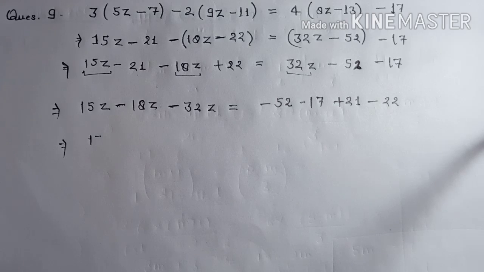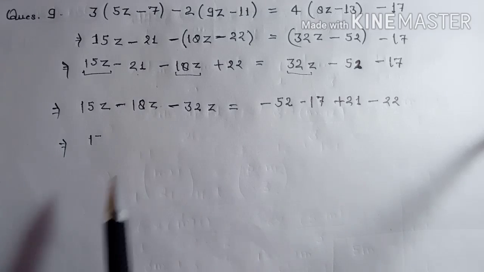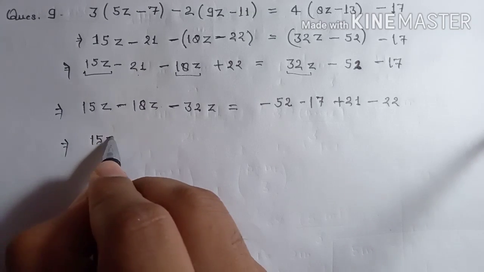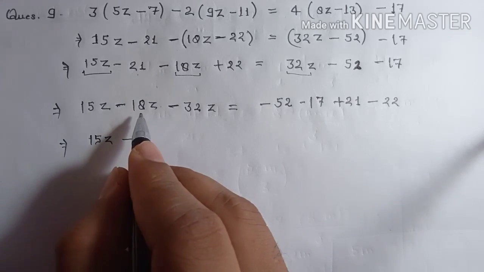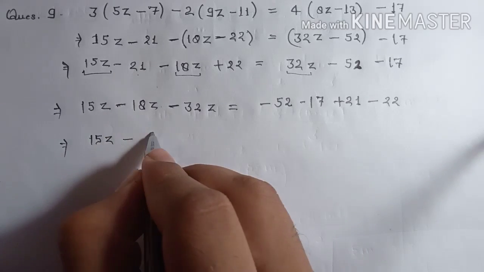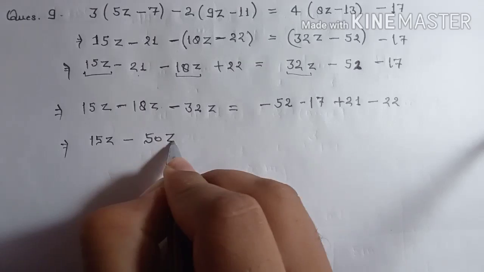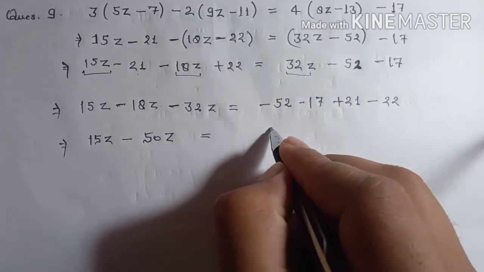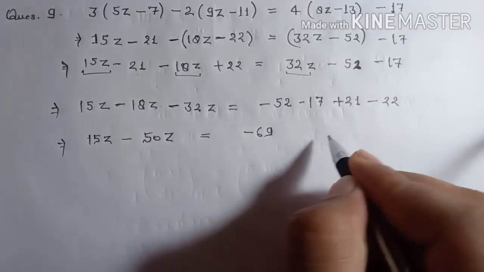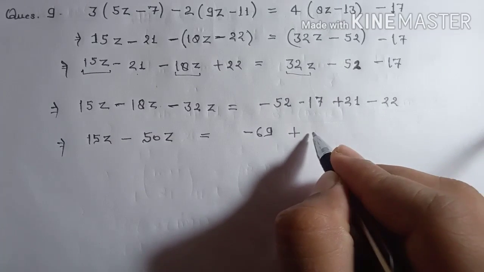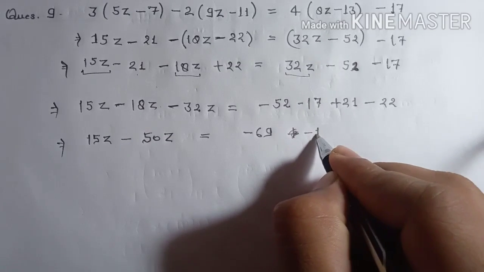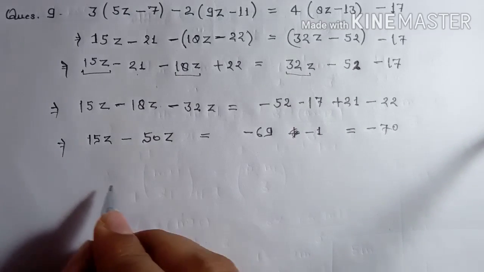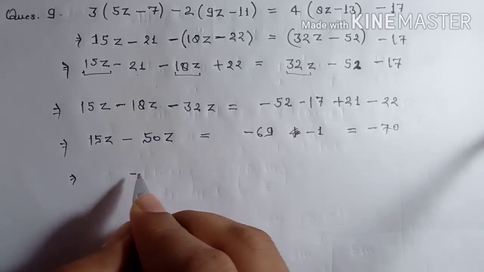Now add all these like terms. This is 15z minus 18, add this 18 and 32, you will get 50z is equal to, now add this all, you will get this is 9, this is 6 and negative and plus, this is minus 1, okay, so that will be 70 but negative sign. Now go ahead, it is minus 35z